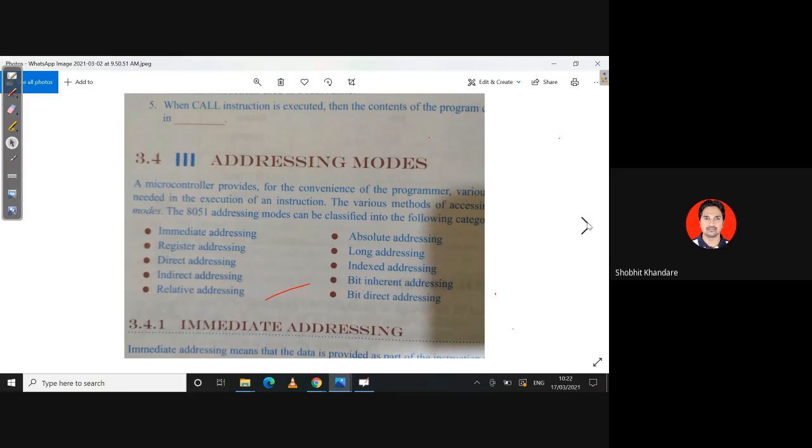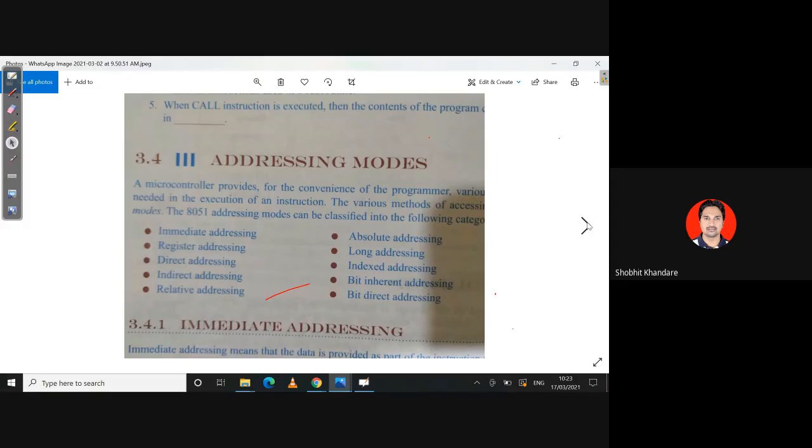A microcontroller provides, I want you to write down, a microcontroller provides for the convenience of the programmer various methods for accessing data. The rest of the thing is not seen on the screen, so better you write it down.